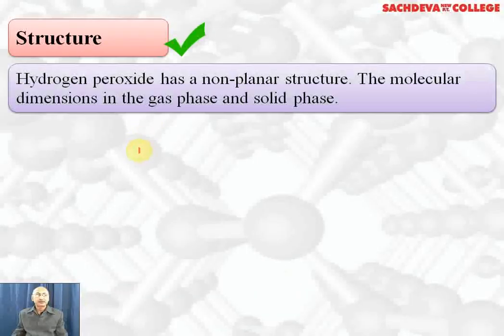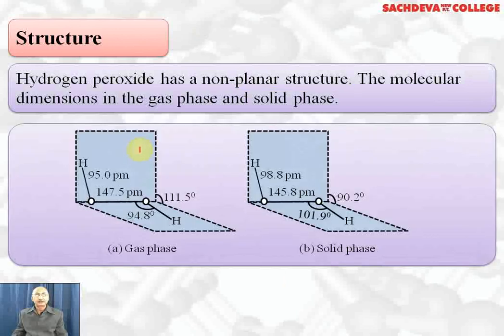Structure of hydrogen peroxide. Hydrogen peroxide is a non-planar structure because both the OH bonds do not lie in the same plane. Each oxygen is sp3 hybridized. The molecular dimensions in gas phase and solid phase are different. In gas phase, the dihedral angle, that is the angle between OH planes, is 111.5 degrees, whereas in solid phase it